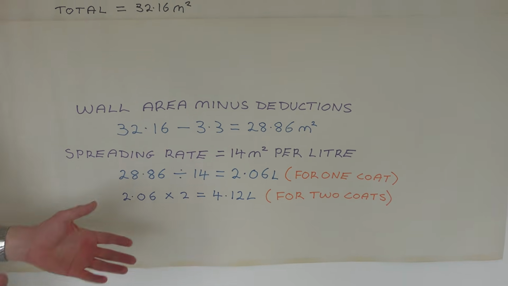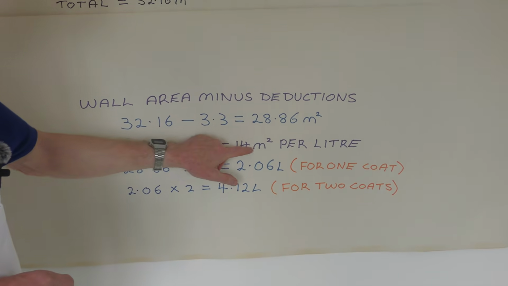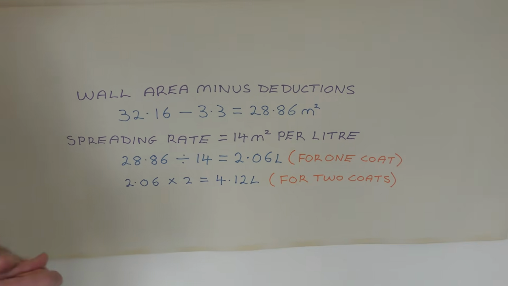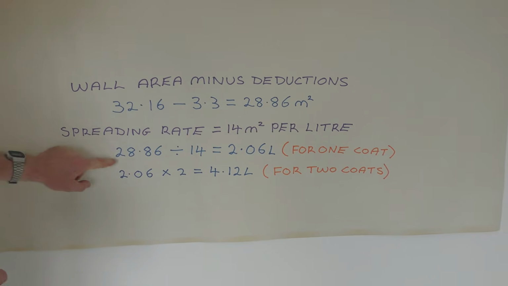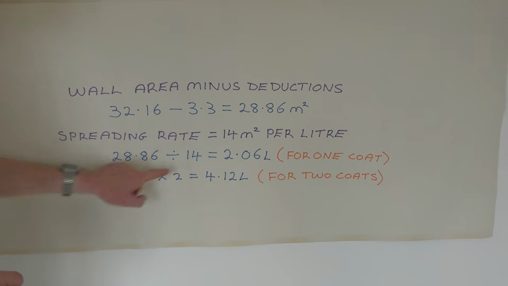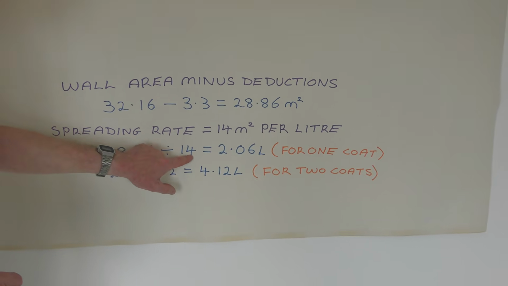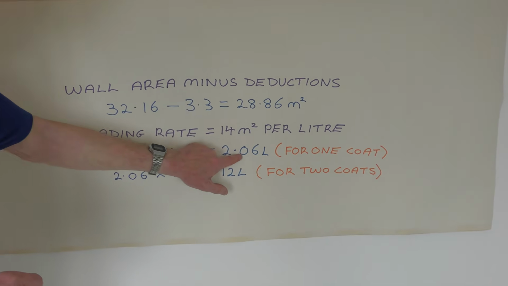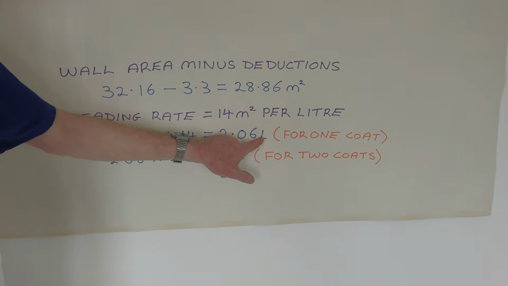Now the manufacturers, bless them, tell us that the spreading rate average is 14 metres squared per litre of their paint. So all we need to do now is divide the area we're going to paint by 14. So 28.86 divided by 14 gives us the figure of 2.06 litres to paint this room with one coat